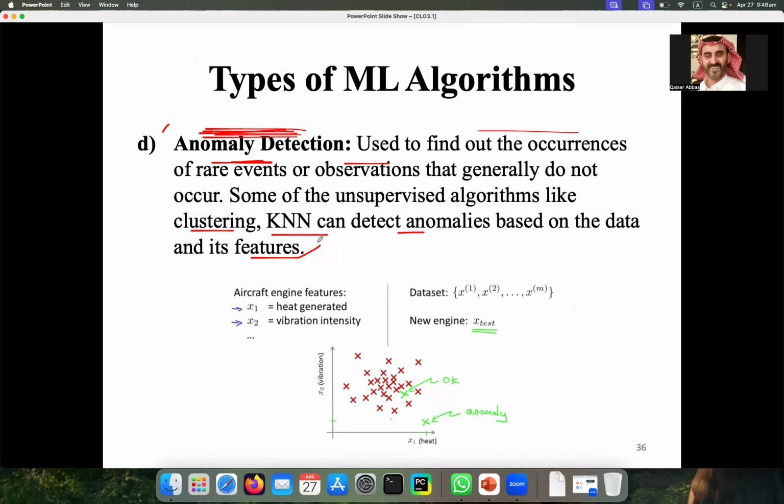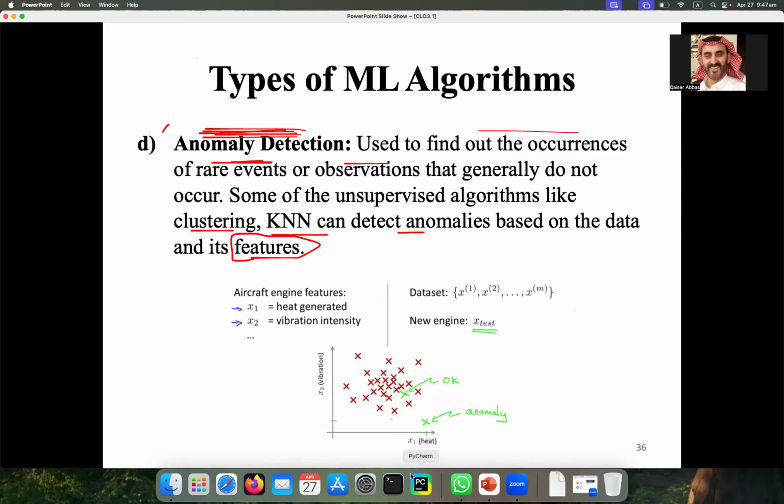Based on features. What is the meaning of feature? Column names. I am giving you these simple words. It will give you an easy understanding of the different terms when you study this subject. Maybe you have studied it already or not? You have studied? Okay, then there's no need.